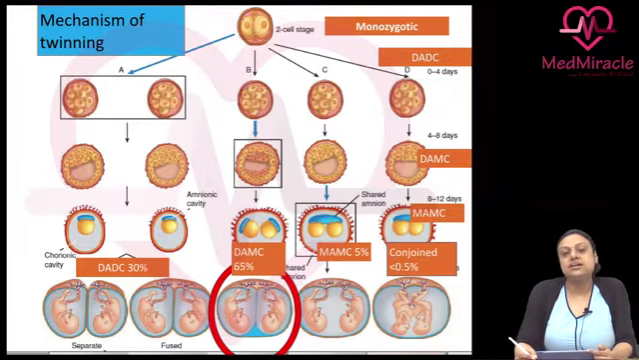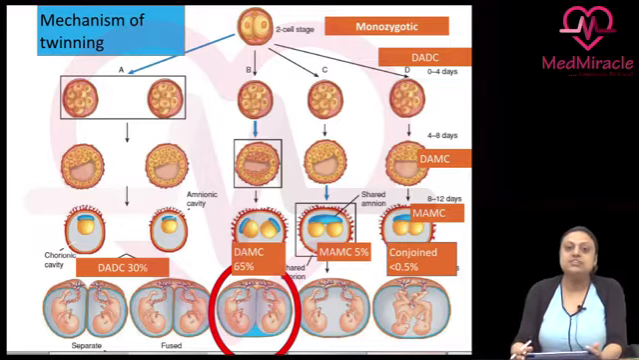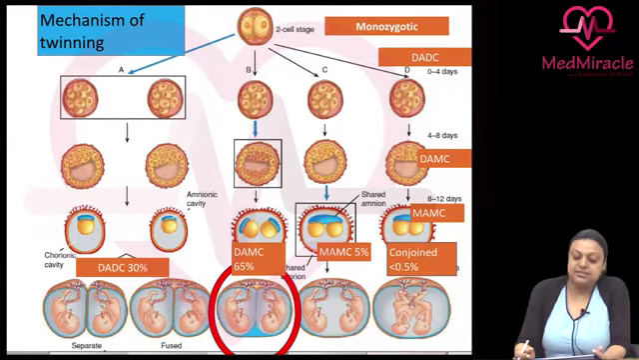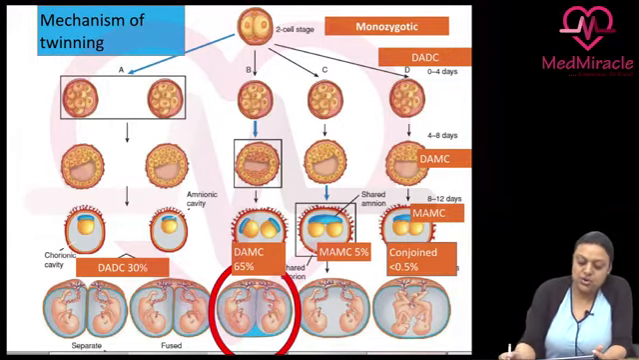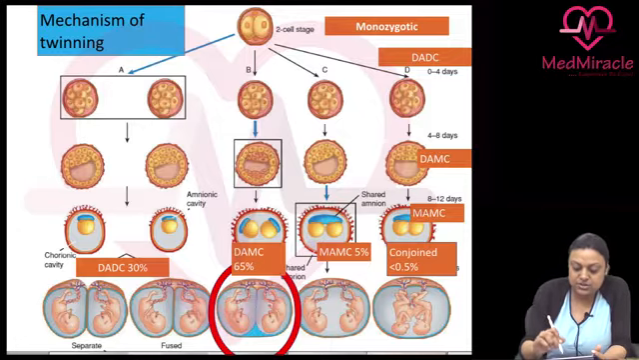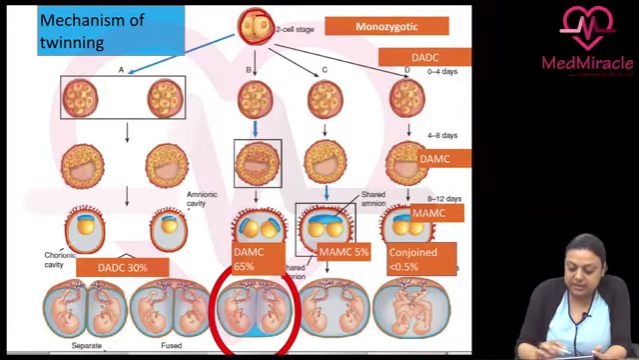Folks, now we'll be discussing an important topic, that is multifetal gestation. So first let's discuss the mechanism of twinning. So we know that the zygote which is formed is basically a two-celled stage. This one is a two-celled stage. Then in the first 0 to 4 days, there is further division, and then